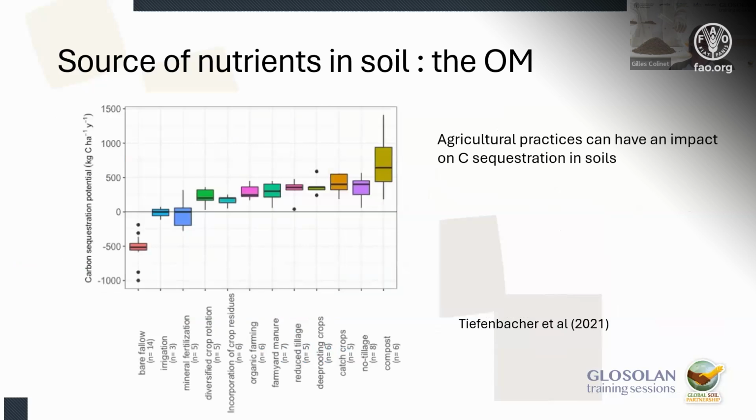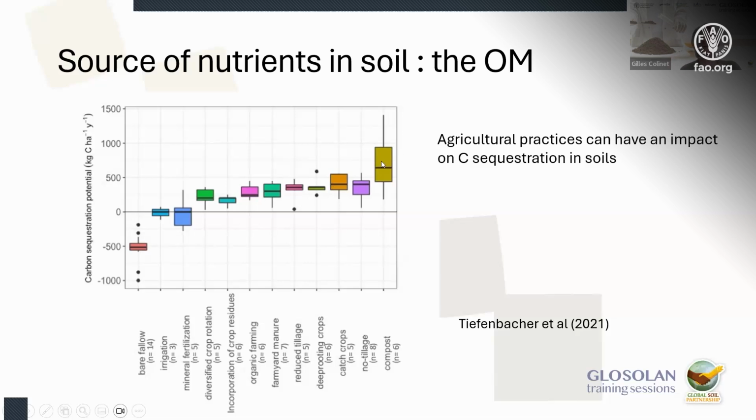Regarding the carbon pools in the soils, they are sensitive to agricultural practices. And here you have a study that was made by Tiefenbacher et al. It was a review of the effect of agricultural practices on carbon sequestration in soils. And compared to bare fallow, which liberates carbon from the soil, there are other practices